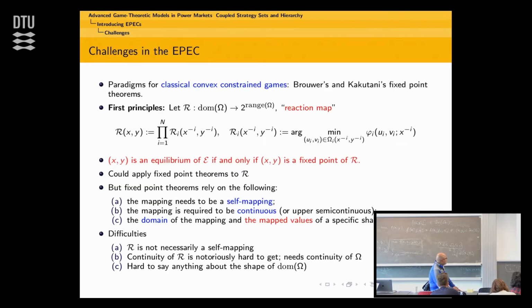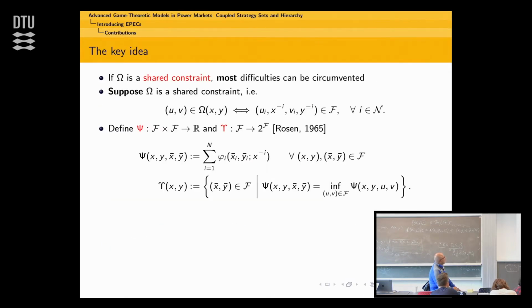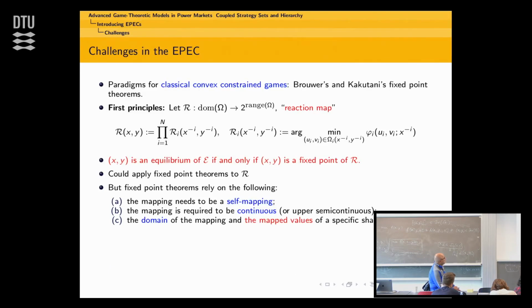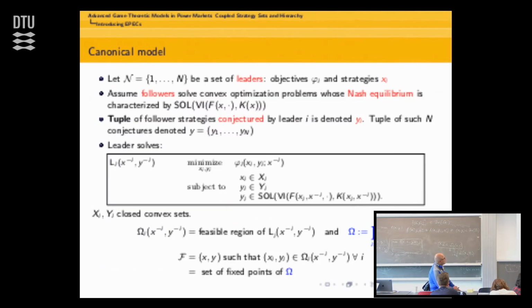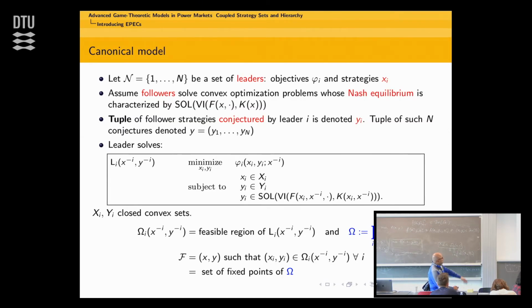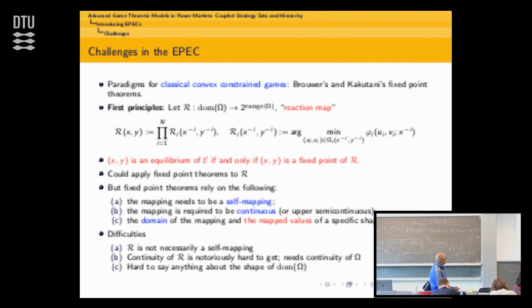In our case, our reaction map is not a self mapping. The continuity of R script is notoriously hard to get, needs continuity of omega, and we don't have that. Okay? It's hard to say anything about the shape of the domain of omega, right? Now, the idea is that if omega is a shared constraint... but in our case, omega is not a shared constraint, right? Omega in this case is just a feasible region, it's not a shared constraint. Turns out that when omega is a shared constraint,